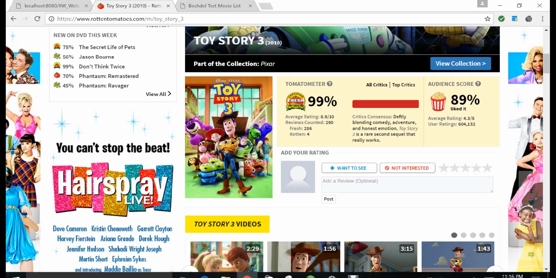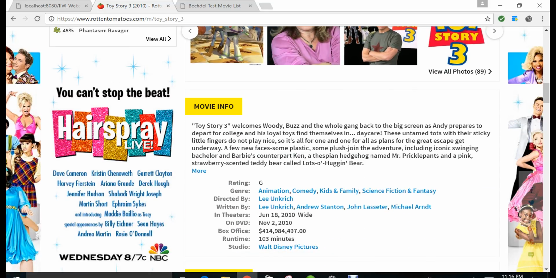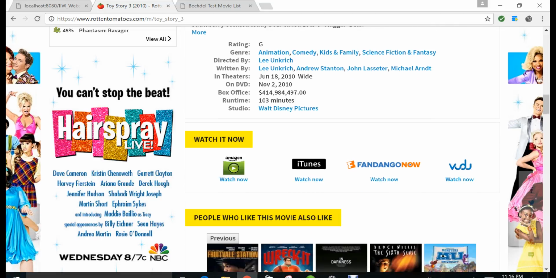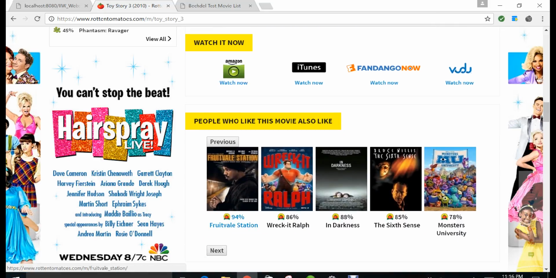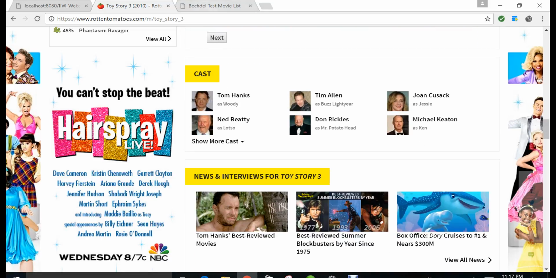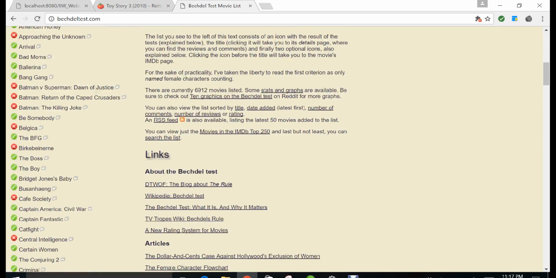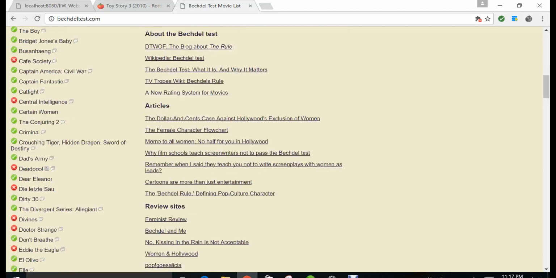Most of the movie review websites in the country provide us with standard limited information like name of the movie, its rating information, information about its cast and crew, critics and user reviews, and so on. Also, as per the very popular test called Bigdil test conducted on the movies, 40% of the movies are male dominated. Movies like Batman vs Superman, Deadpool, Gods of Egypt fail the Bigdil test.